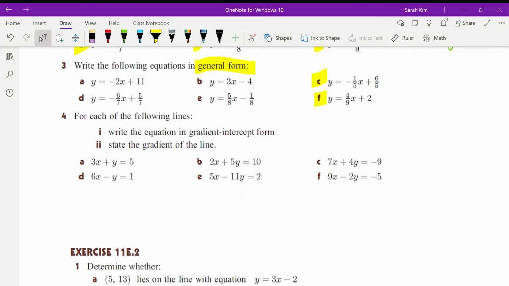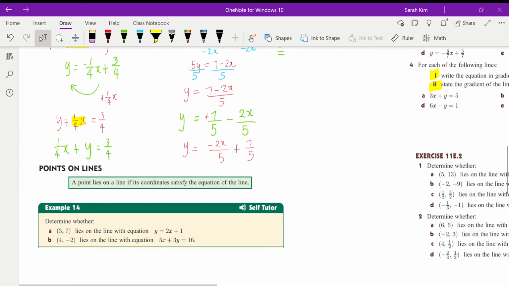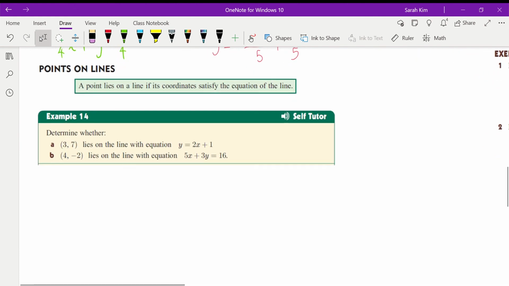For the next one, write the equation in the gradient form, state the gradient of a line. So I want you to do those two. So not too much, I just want you to give it a brief practice. Right, points on line. Point lies